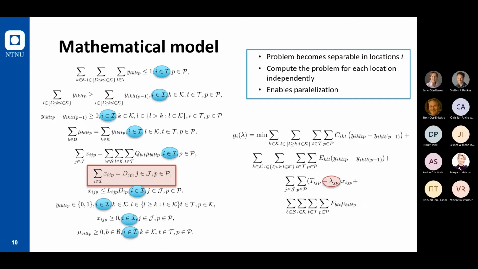The objective of the single facility problem is very similar to the previous one. We just have to work with reduced transportation costs. And then in order to get the lower bound, we make a sum over all facilities and add the Lagrangian penalty term, which is independent of facility location. And now how to solve the relaxed problem, because we want to avoid using the commercial software because it's slow.